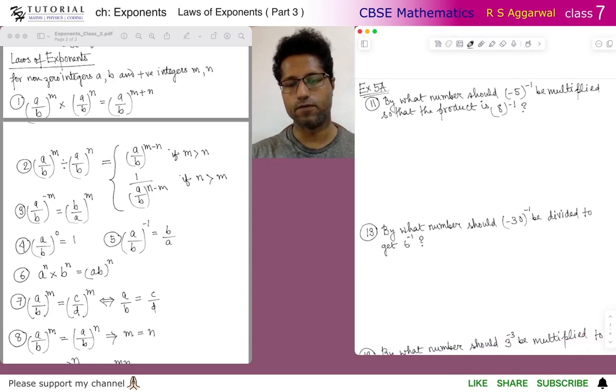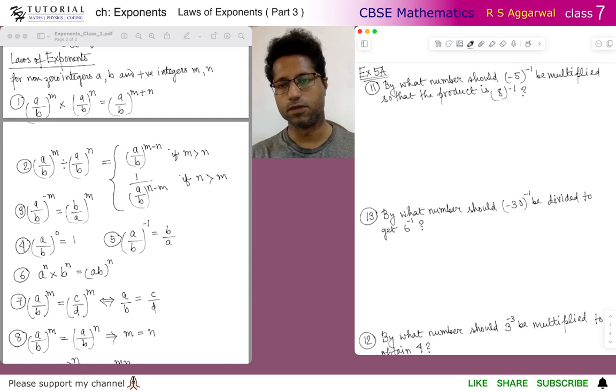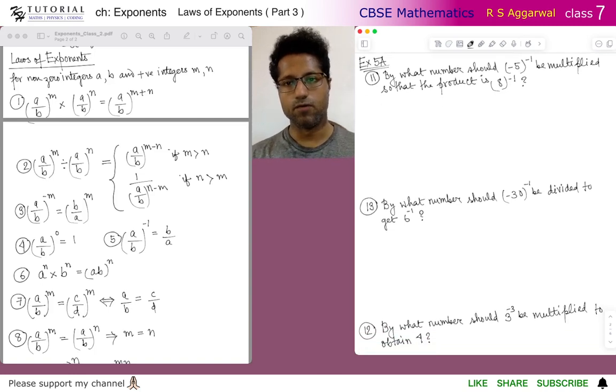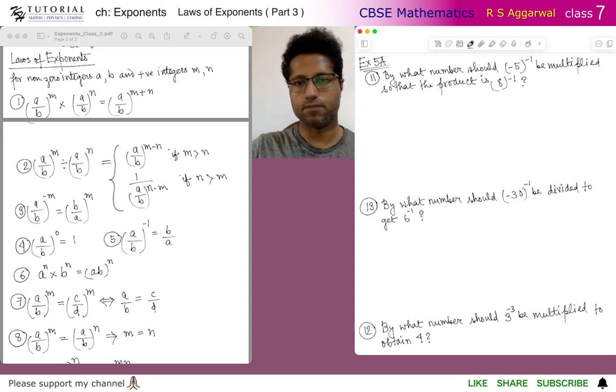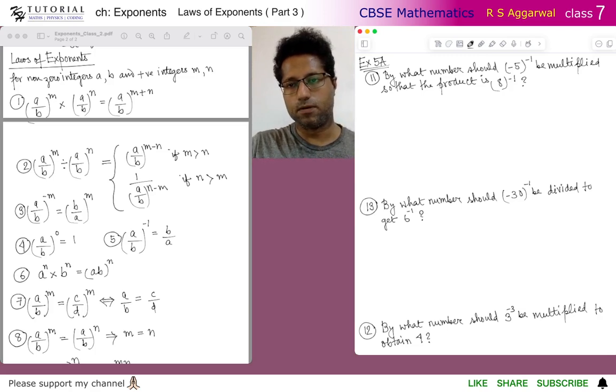This is exercise 5A, problem number 11 from the textbook. It says, by what number should minus 1 to the power minus 1 be multiplied so that the product is 8 to the power minus 1. So if we assume that the number that should be multiplied to minus 1 to the power minus 1 be x. So let